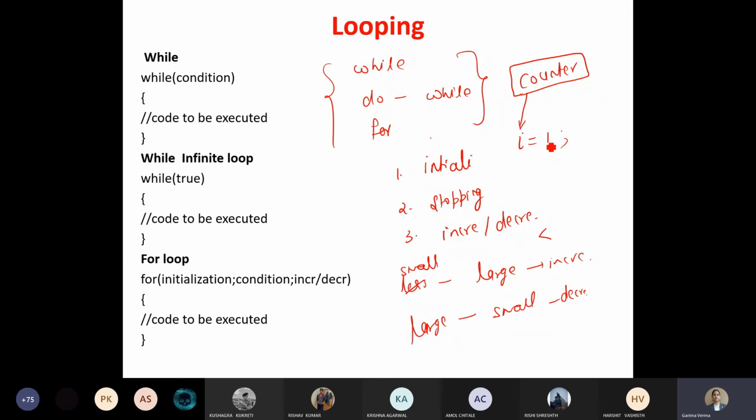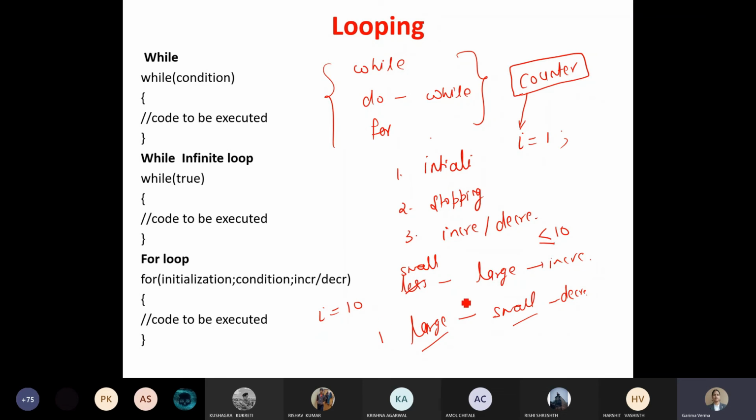For example, my initial value is 1 and I wish to go till 10 equals to 10. I will increment my value of I with 1 every time. So my value has become 2. So I will compare. If it is less than equals to 10, then I should increment again. If it is less than equals to 10, then I should increment again. But what about the decrement loop? You have started with the large value and you're going towards the small value. So obviously, if your counter started with 10 and you're going towards 1, then you will decrement the value. The next value of the counter will be 9.